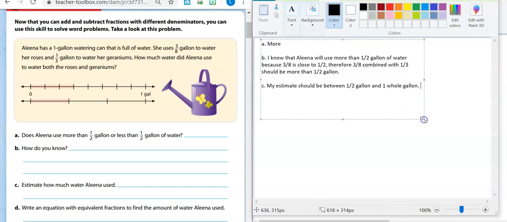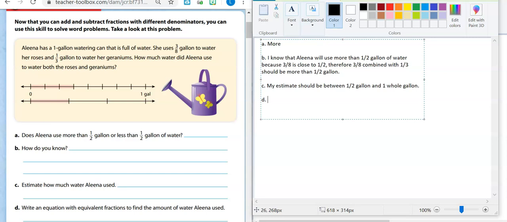Now let's go ahead and move on to D. Now, boys and girls, let's keep in mind that the purpose of us estimating is a form of checking our work before we find our final answer. So we're going to estimate to see if our final answer will be reasonable. And in order for us to do that, we need to estimate. Now, this will also help us further understand and fine-tune our thinking to make sure that our final answer is